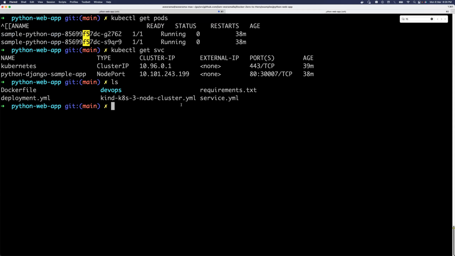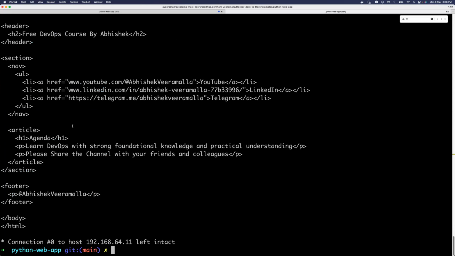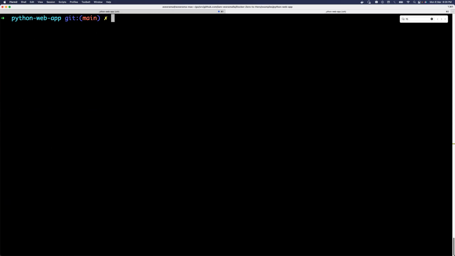Perfect. So now let us see if I can access the service on the first call. I created this service as a NodePort service, and this is the port. Firstly, I'll get the minikube IP address. So this is the minikube IP address, and I can just use the curl command. Perfect. I'm getting the output, learn DevOps with some strong foundational knowledge. Great. So we are able to verify that our service is running, our service is watching the pods, and